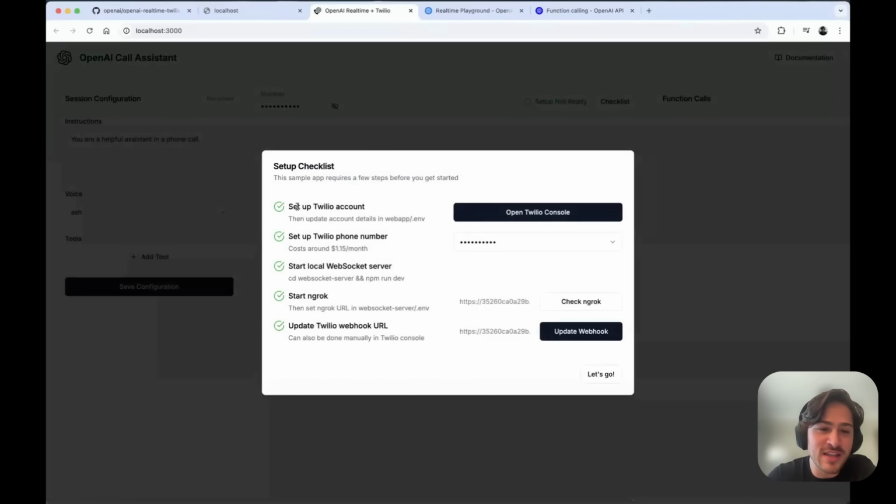But yeah, essentially this little checklist has live updates. So as you set up the account, as you set up the phone number, as you set up your local web server, etc., it'll get checked. Setting up Twilio and Grok and everything has been one of the most annoying things I've had to do multiple times related to the real-time API. So this hopefully makes that process a lot easier. You can do most of it directly from here, and it lets you know when things are done. So you don't actually have to do a lot from the Twilio console at all.